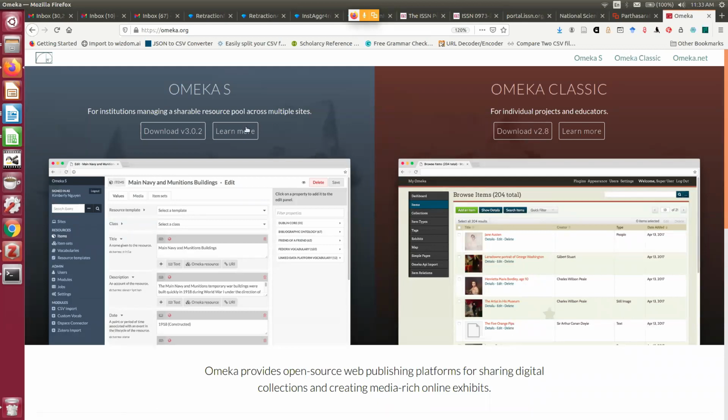Another is Omeka S or Omeka Semantic. In another special paper or other places, you already know that semantic web technology is coming in a big way. Already you have done ontology, created ontology, read about ontology. So Omeka S is basically a semantic web compatible digital library. It's a kind of experiment, still it is going on. And many new things are coming, like linked open data set, how you can link and other things.